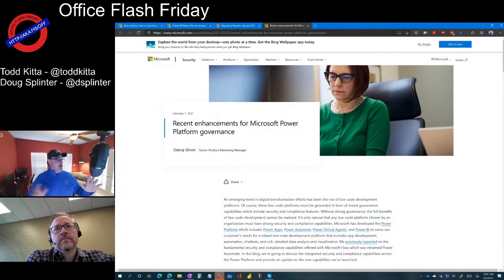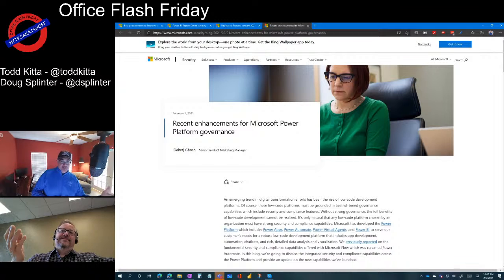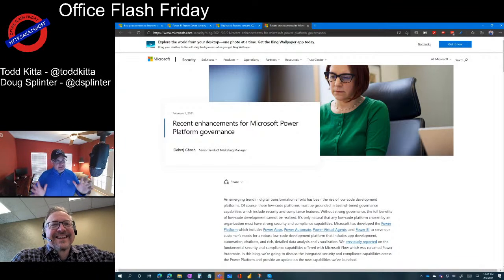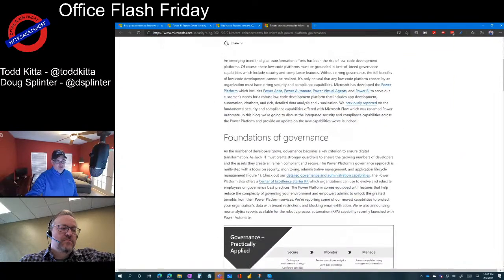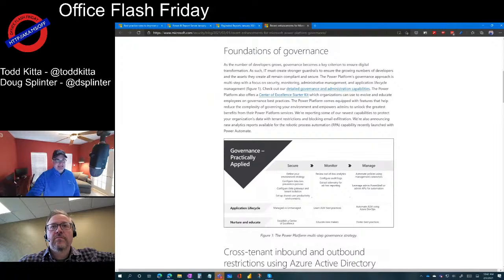So transitioning from some of the enabling tools to take advantage of that data in your citizen development platform, Dataverse and Paginated Reports, Power BI, last tab. This is really cool. So again, Power Platform has been thinking of governance since the beginning, right? I'm remembering I did a Power Platform workshop with our friend Bart bi-weekly for a year or two when I lived up in Minneapolis, and we would spend a lot of time talking about governance, and the features at the beginning were rather anemic, but it was a new platform. But seeing this get built out, and of course, this talks about the foundations of governance and points to some of our existing documentation and resources.